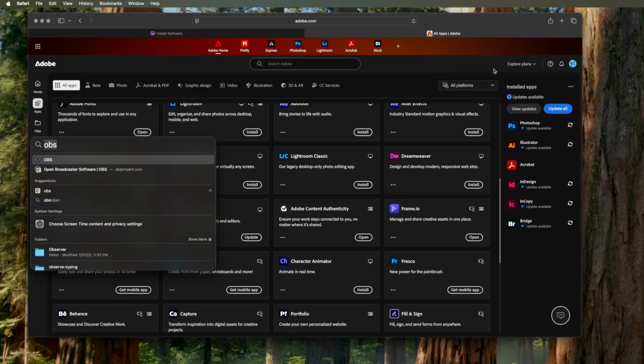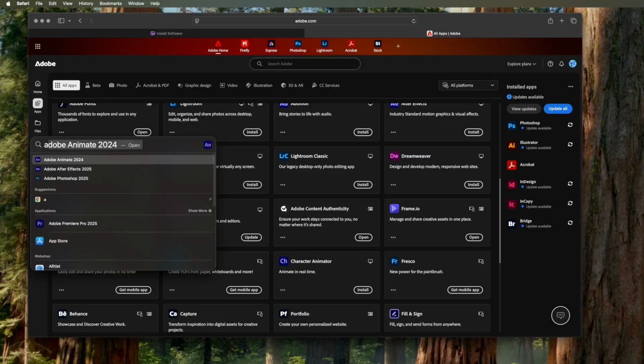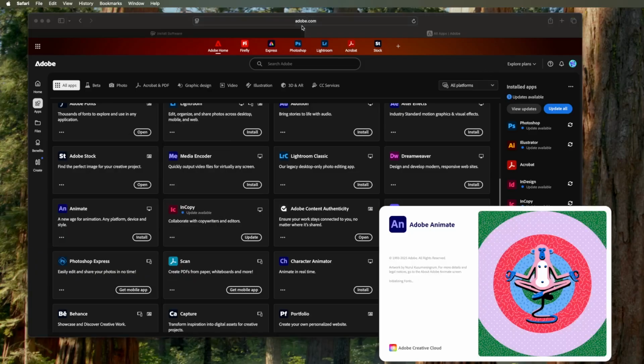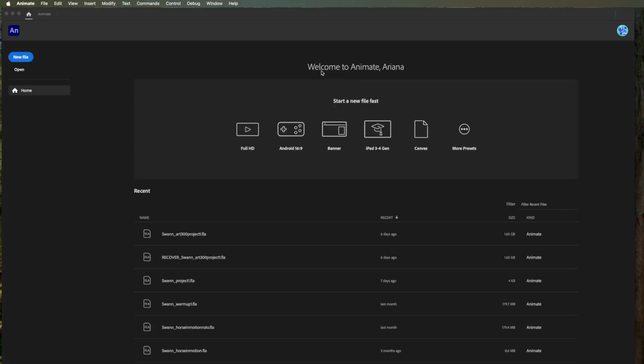Then you'll want to open up each and every one of these on their own. So let's open up Adobe Animate first. This is definitely the most important app to have on your computer. I could see you kind of working around the other ones, but if you don't have Adobe Animate, you will struggle with this class. So once you have this open, go ahead, if you're on a Mac, hit Shift-Command-4, and